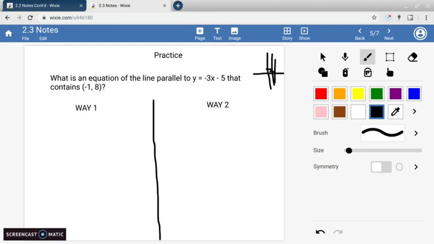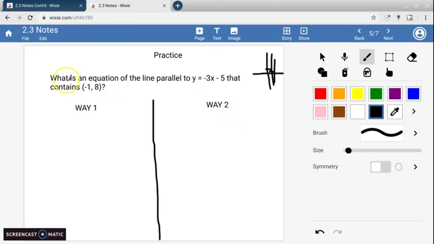I think that is 1.4 or maybe 1.3, but you can go back and see that video if you need help on that. But this is where you need to know those equations. So what is an equation